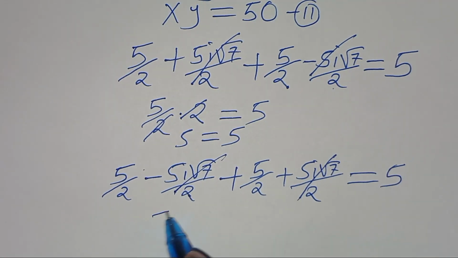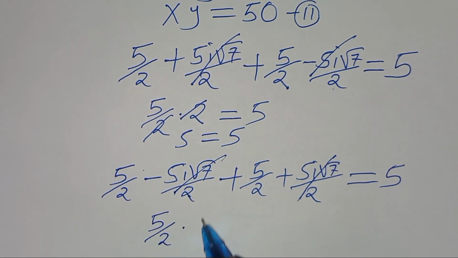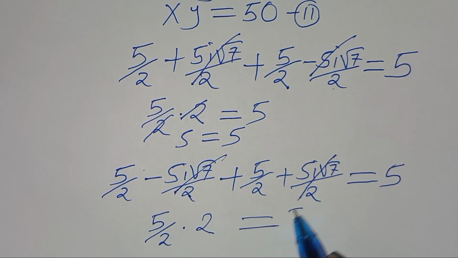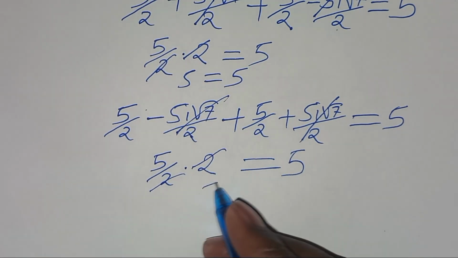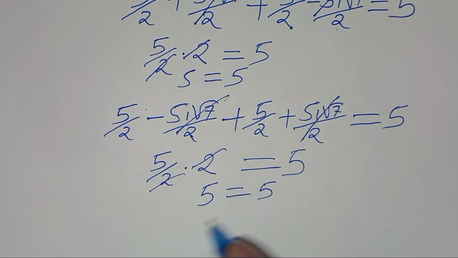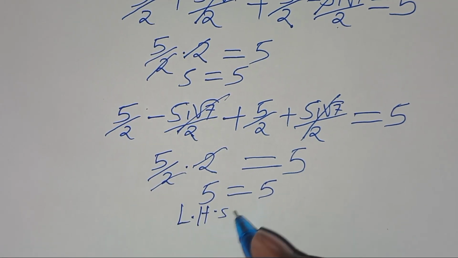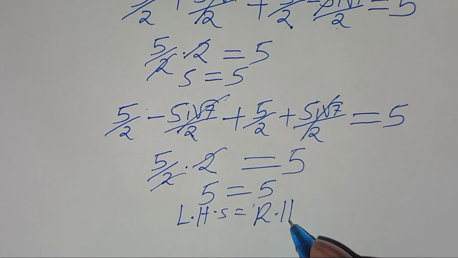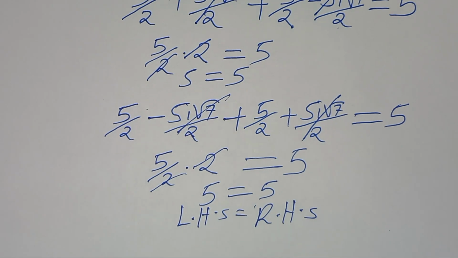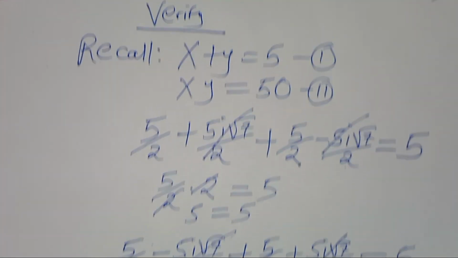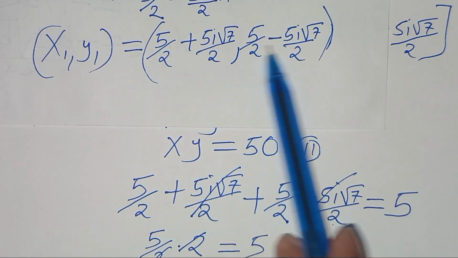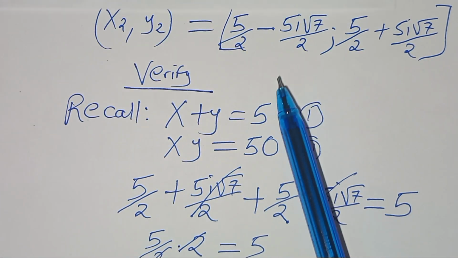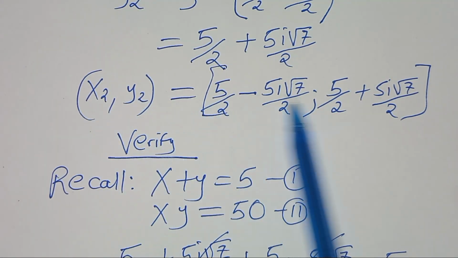Then here we'll have 5 over 2 multiplied by 2. This should give us a value of 5. And this is true that the left hand side is equal to the right hand side. And that affirms that x1, y1, which is what we have here, and x2, y2, which we have here,